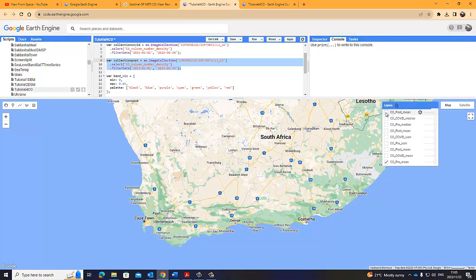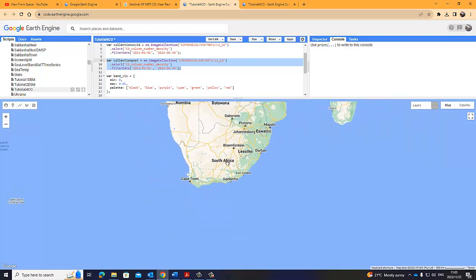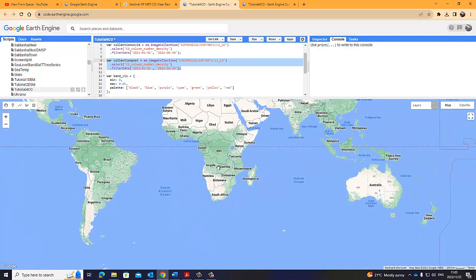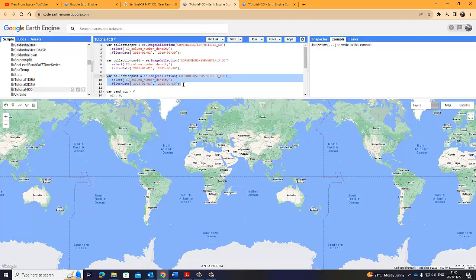And then if we just open those once again, if we zoom out a little bit, you'll see it will take quite a bit of time now for these images to load, simply because you're covering the whole world and there's quite a lot of these images that we want to display. But what we've basically demonstrated is how easy it is to create additional images just by manipulating the